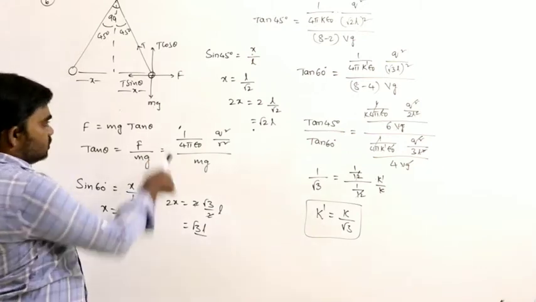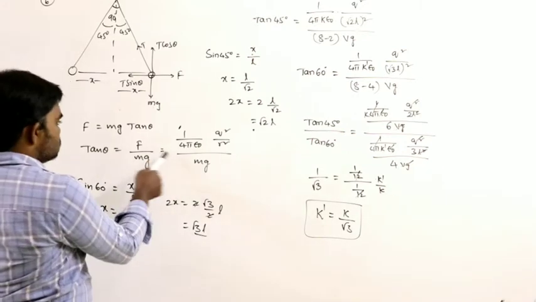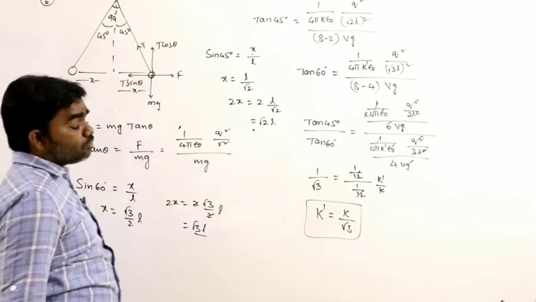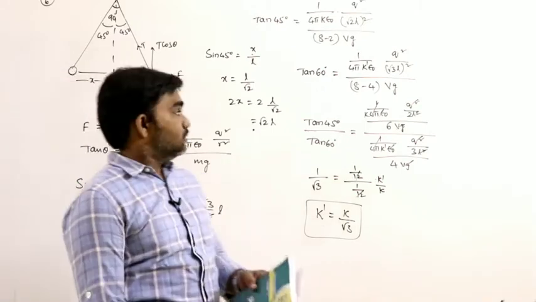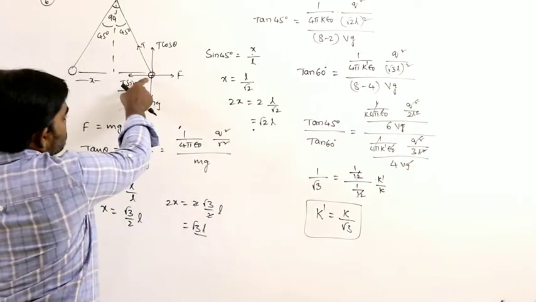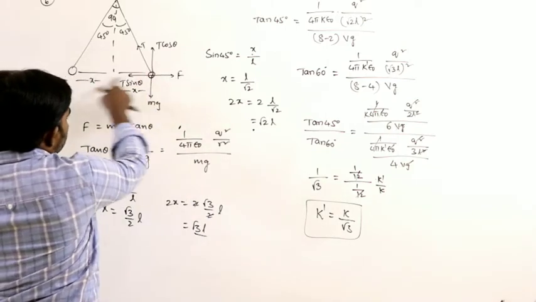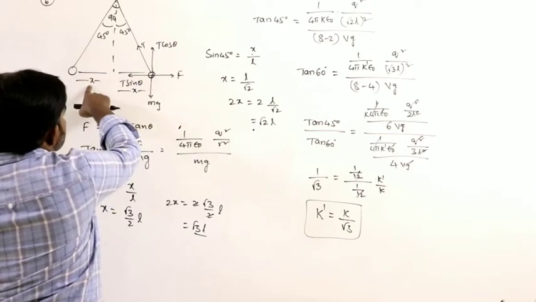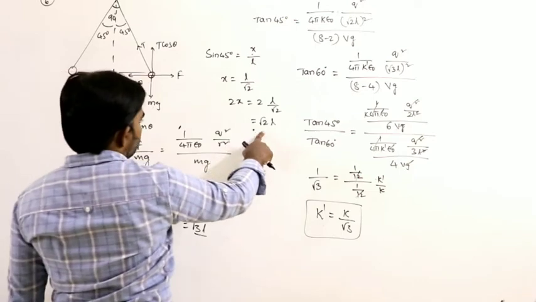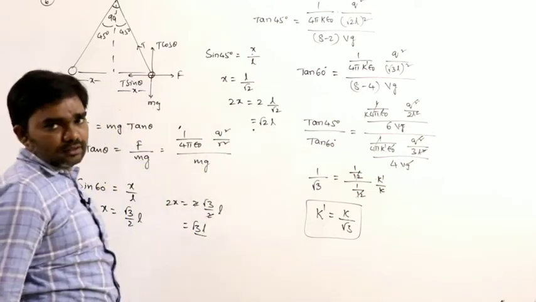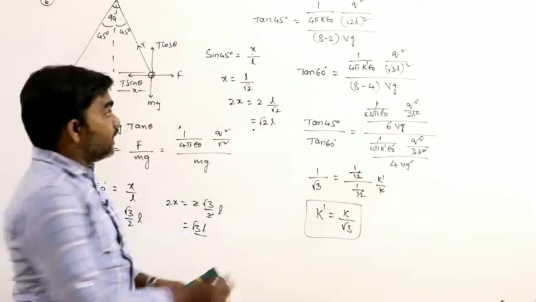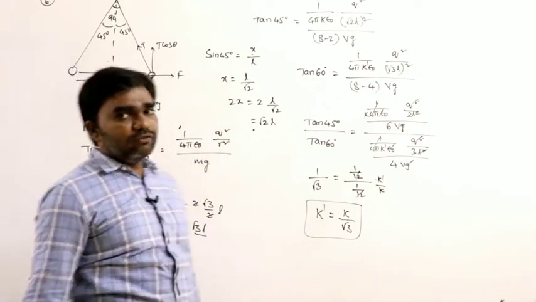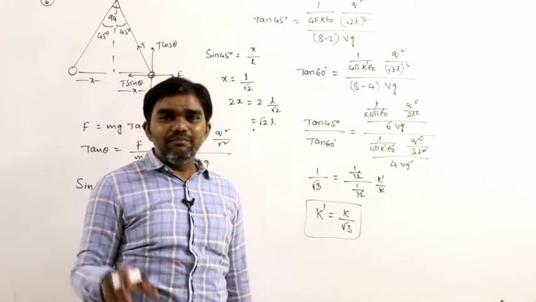So based on this formula we can do this: tan theta equals F by mg. What is F here? Electrostatic force of repulsion. During this calculation we have to calculate the distance between the two spheres. The distance in the first case is x plus x, 2x, that is root 2 L; in the second case root 3 L. And while calculating the weight mg, here we have to calculate the apparent weight. Why? Because the two spheres are immersed in the liquid.